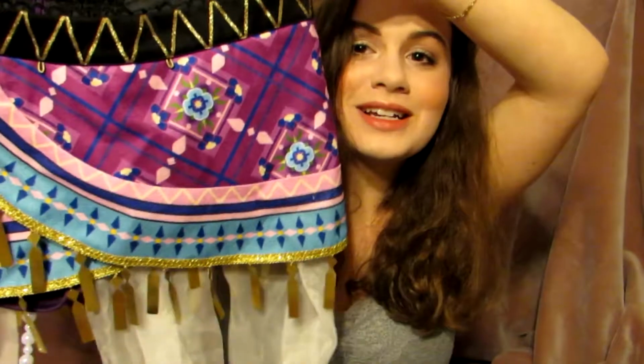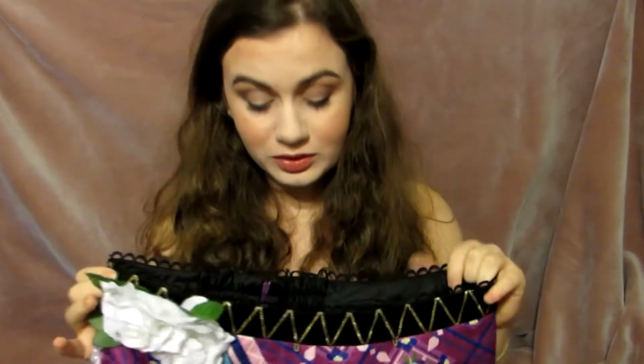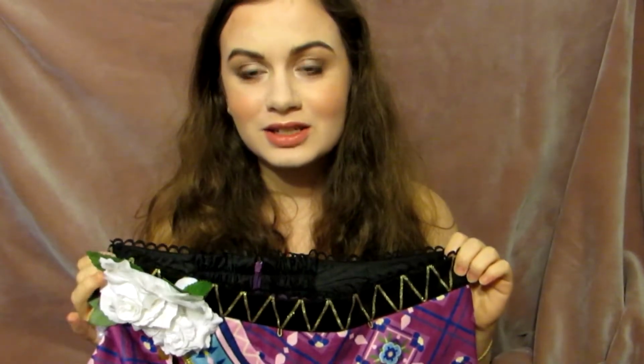And if you can't tell, the skirt's pretty small. But what's really good about this skirt is it has shorts built in. So if you don't want your whole butt out, it's great. It's seriously great. I love that there's shorts in it. If yours doesn't have shorts in it, I would definitely recommend wearing safety shorts with this cosplay, because it's just very